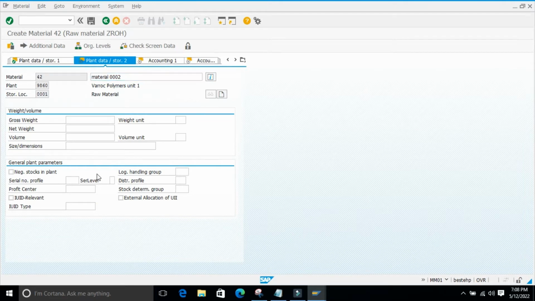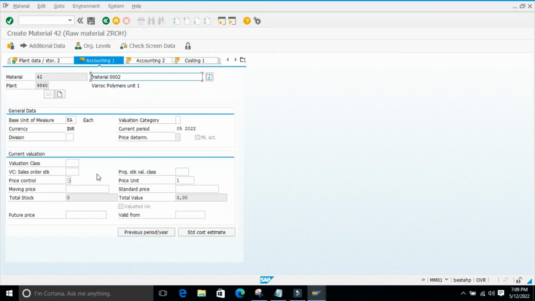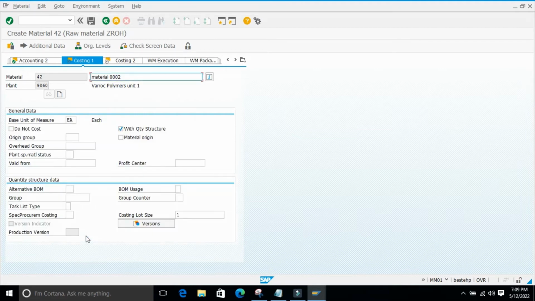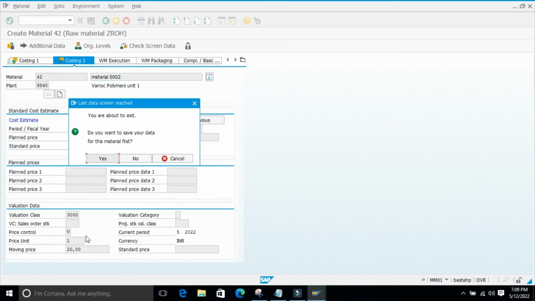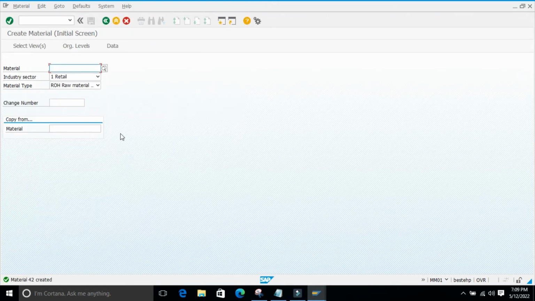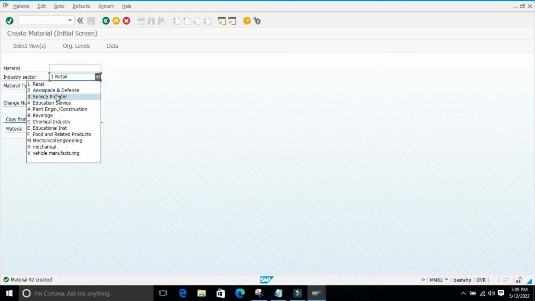This screen is also the same. Valuation class is ROH. Price control we give 10. Counting, costing. So if I select service provider,